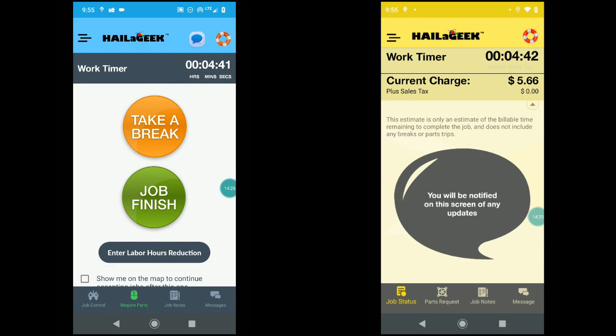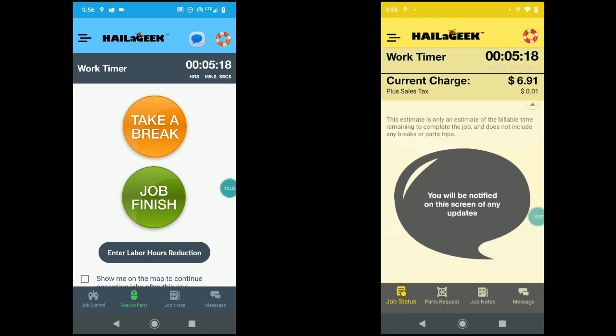Another feature that I wanted to show you, let's say that the Geek gets a personal phone call completely unrelated to the job, and tries to tell the person, I'm working, but it's something urgent and they have to talk for a few minutes. But the geek doesn't want the customer to be charged for this time, because that wouldn't really be fair, getting charged for time that the geek spent on a personal phone call. So what the geek's going to do, since he didn't have time to take a break before he could answer the call,